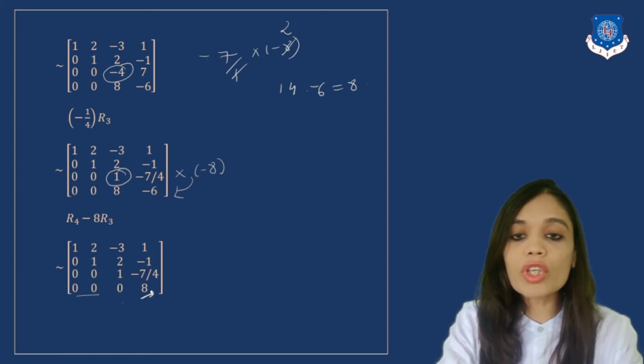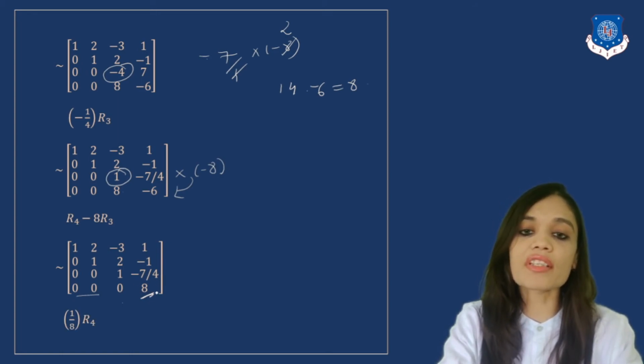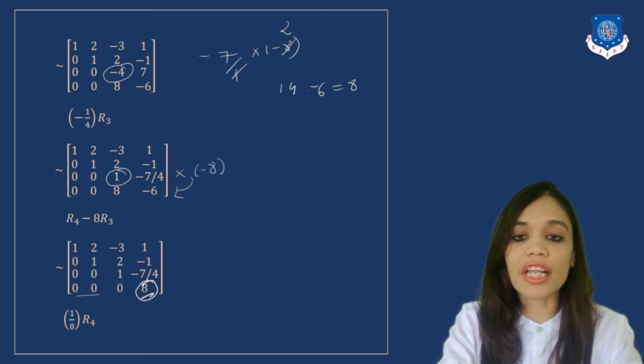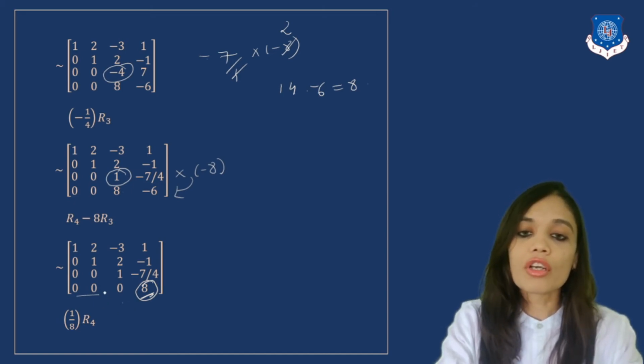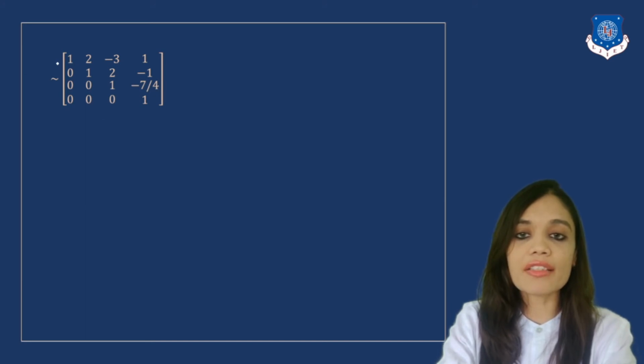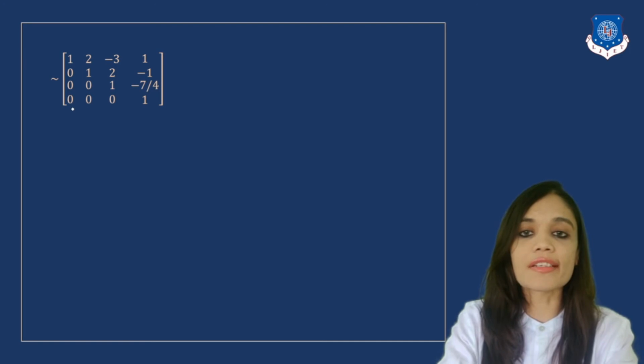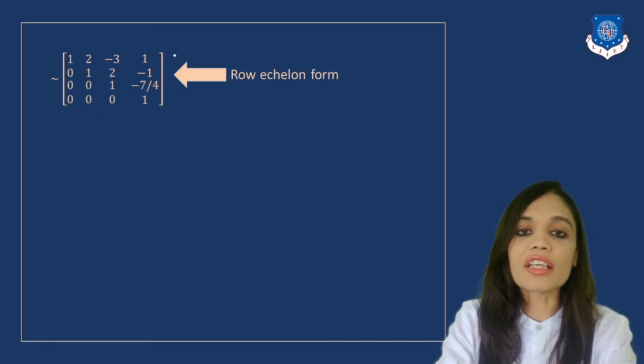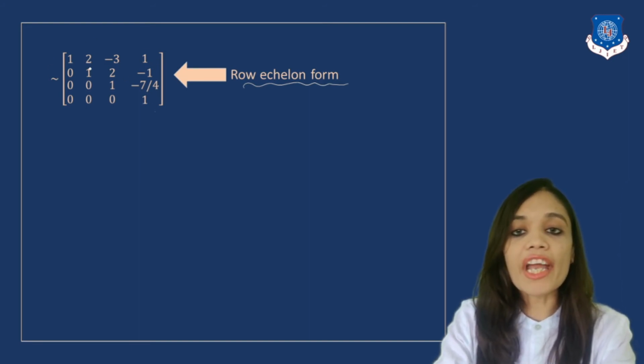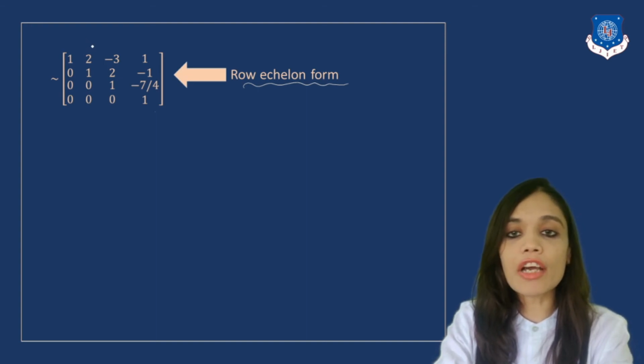Now in order to form the row echelon form, only one step is remaining, that is we have to take out this 8 common from R4. So you will get now the following matrix. First 3 rows will remain as it is. Taking out 8 common, you will get 0, 0, 0 and 1. So this matrix is in our row echelon form. But we need to find reduced row echelon form. So there should be zeros everywhere above and below the leading one. That is, we have to form zeros in this portion.